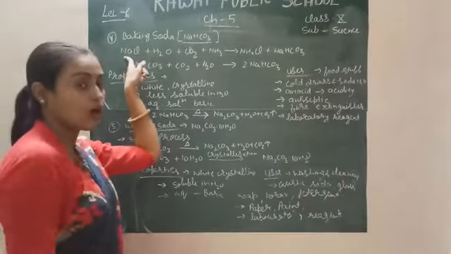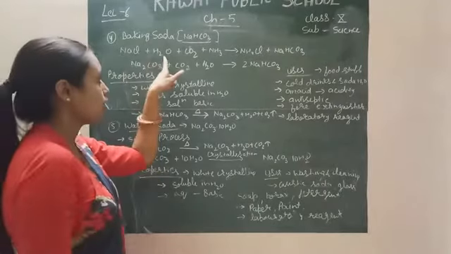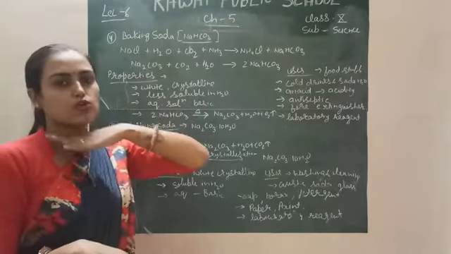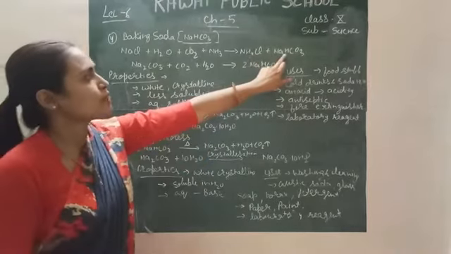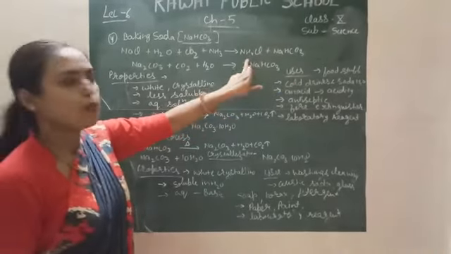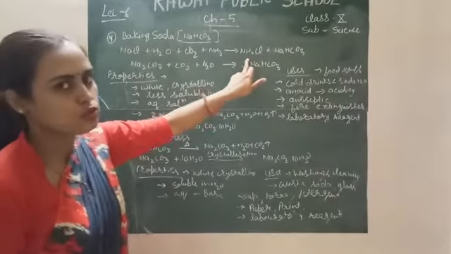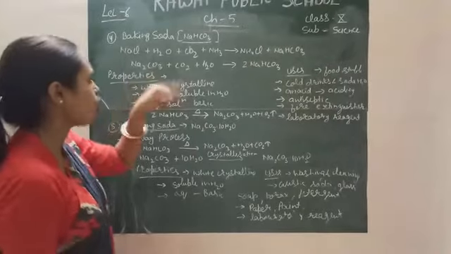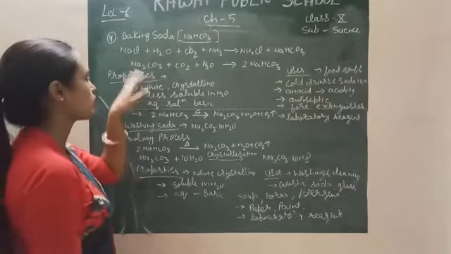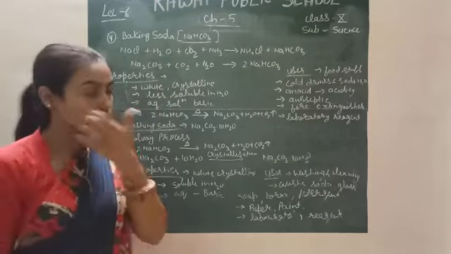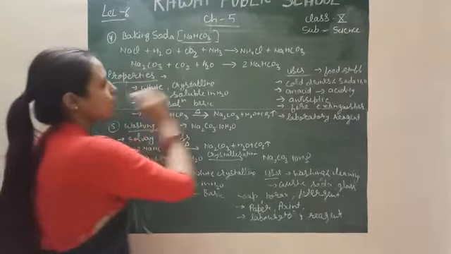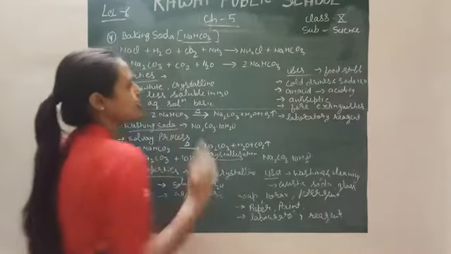When NaCl, common salt, is mixed with water and NH3, and CO2 gas is passed over this, then sodium hydrogen carbonate or baking soda is obtained with ammonium chloride. Ammonium chloride is also a byproduct of this reaction. It is also produced by passing CO2 gas over sodium carbonate. After passing carbon dioxide gas over sodium carbonate, sodium hydrogen carbonate is formed.